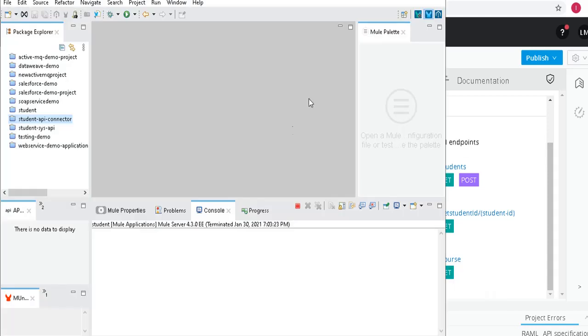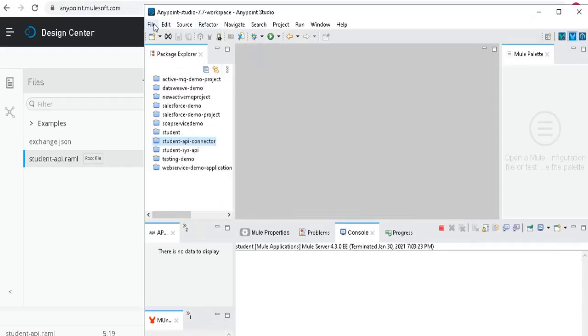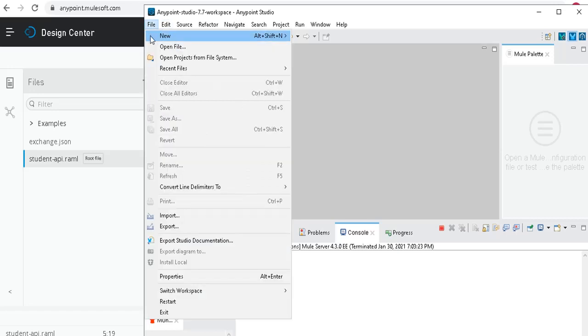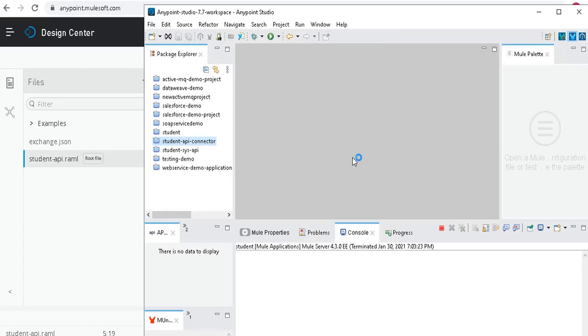So first I will create a new Mule project in Anypoint Studio by using this RAML. I'm going to create a new project by importing this RAML into the studio.